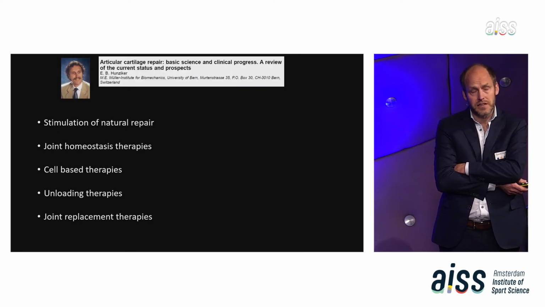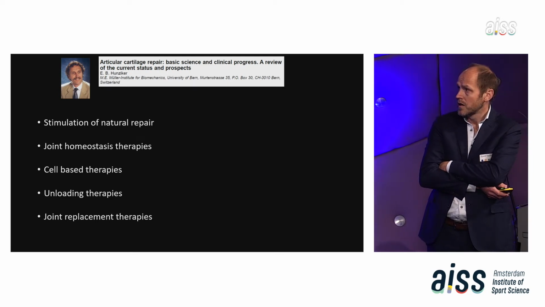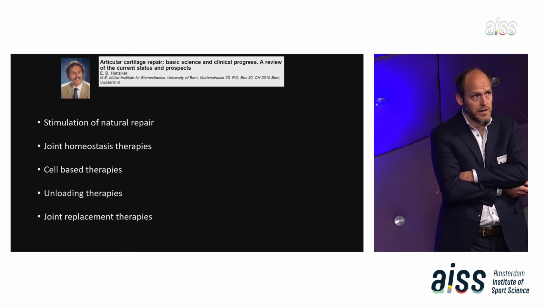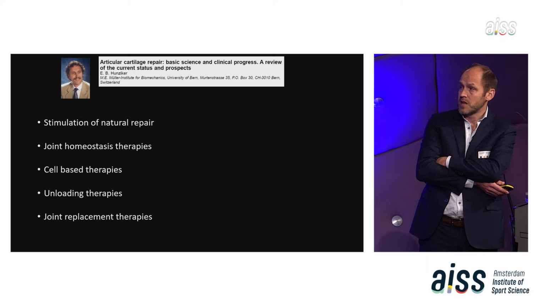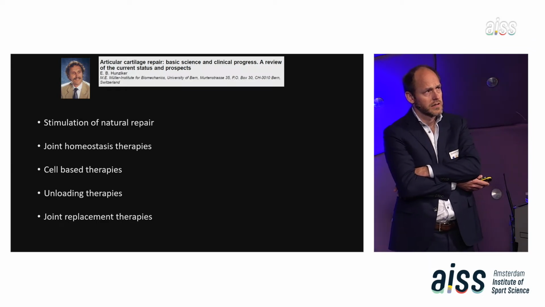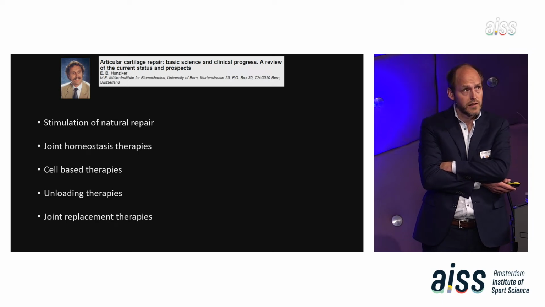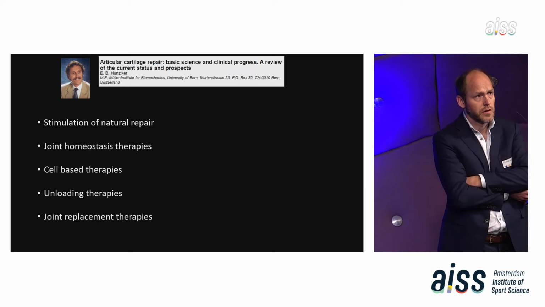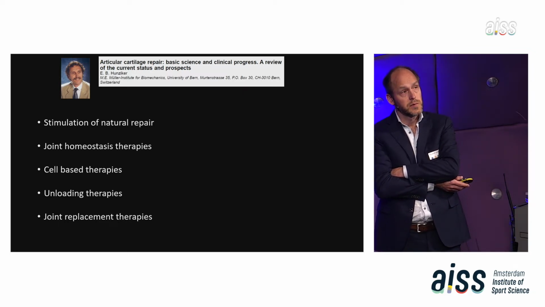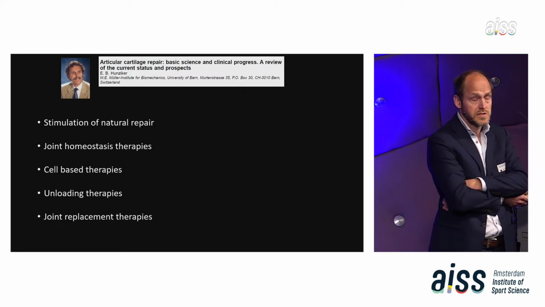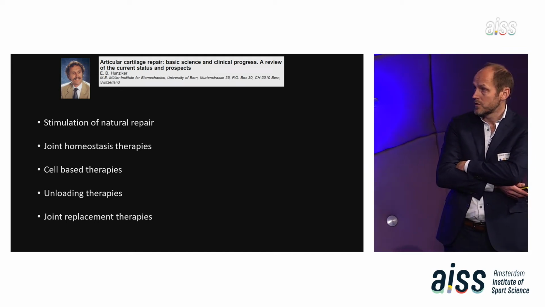So all of our tactics are then based on either stimulation of natural repair, where there's not that much natural repair and it takes a long time for the chondrocytes to heal. And for example, after a direct blow, in case of a fracture, there's apoptosis of the chondrocytes. Then those apoptotic chondrocytes don't repair at all. So the cartilage that's lost is probably lost forever, until there are deep lesions into the bone where you have recruitment of the stem cells. So the natural repair is still a hallmark of our surgical strategies.